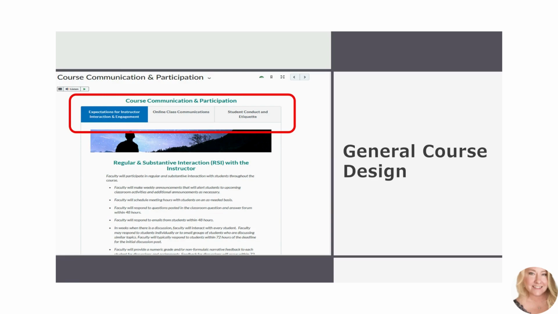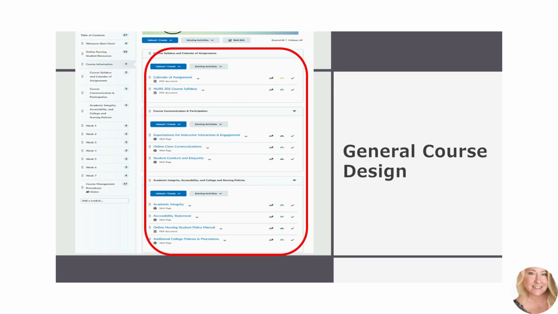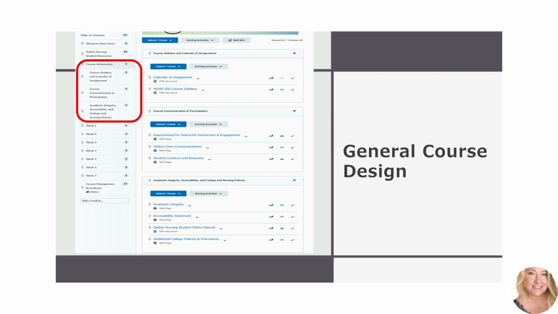From the previous example, you can see that I created here a 3-tab display of that same content. Doing so also takes that module in the course from looking like this, with this big long list of items that doesn't load all the time correctly, and this very complicated, crowded table